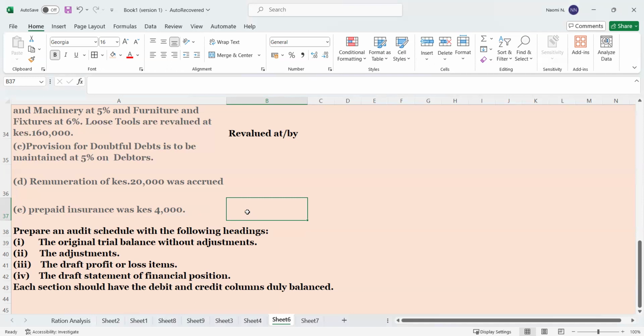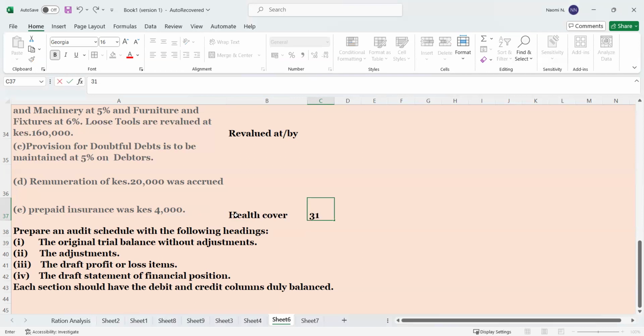Let me take an example of health cover. Say this health cover is paid for from 31st March 2021 to